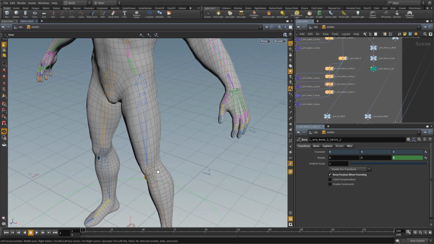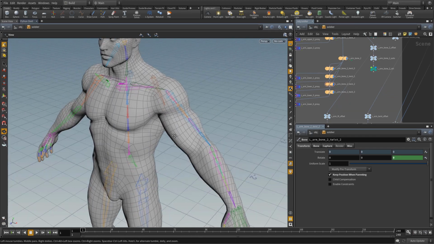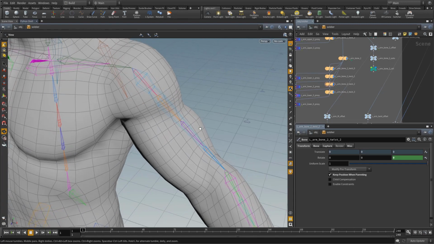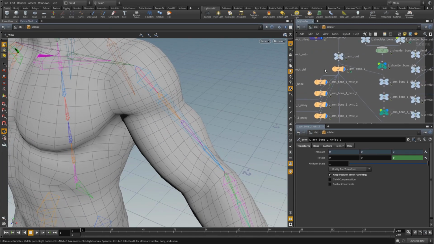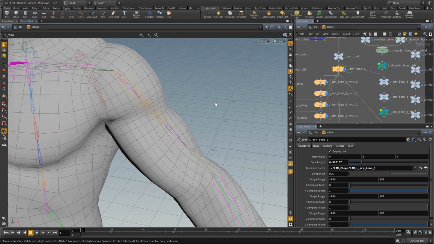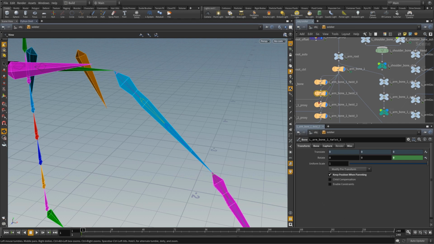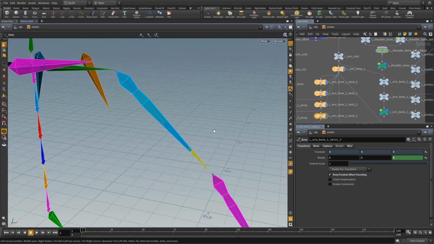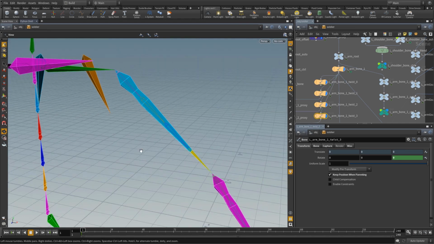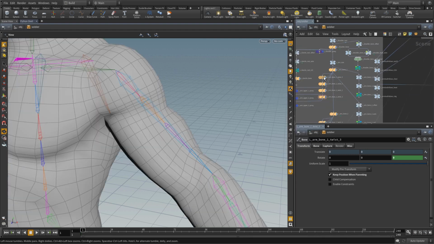And the same is true for the legs, upper and lower. So in this case, I don't want to use this large upper bone. Instead, I want to use these 4 twist bones for my deformation. So what I've done, I can turn these off again,